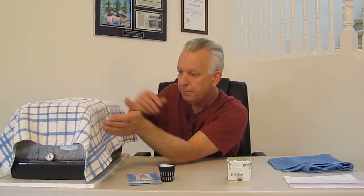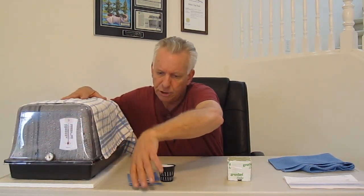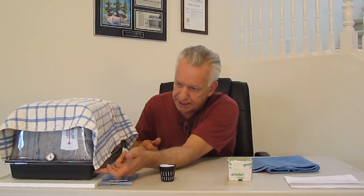Now, if you want to regulate that heat, let's say it's a little bit too high, just go ahead and open a side or open a front like this, and let some of that heat get out. You want to keep an eye on your temperature gauges, your thermometers, and you want to maintain between 80 and 85. Now, if you're finding out during the summer months it's just too warm, simply take a dish towel and place it between the actual heating pad and the tray itself, and that gives you a little bit of an air gap and a little bit of an area where it's not going to transfer as much heat upwards. So you can